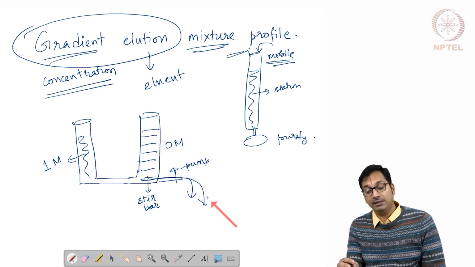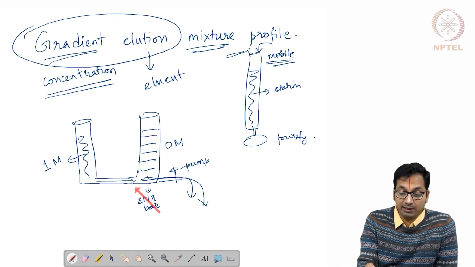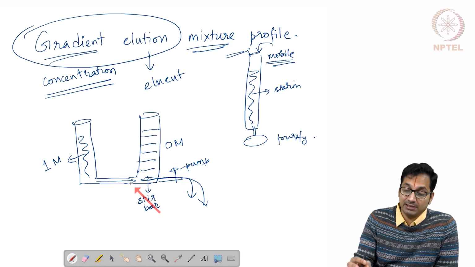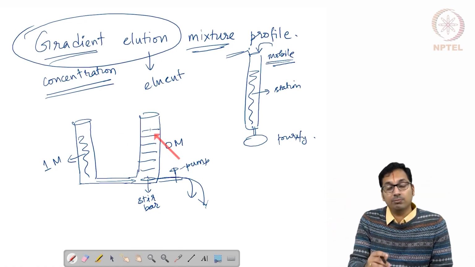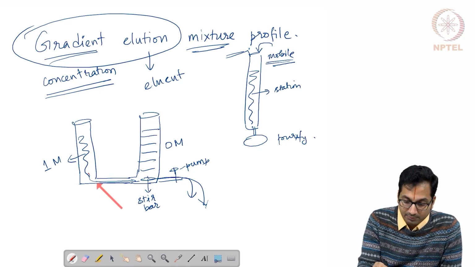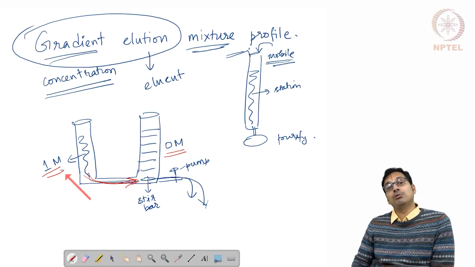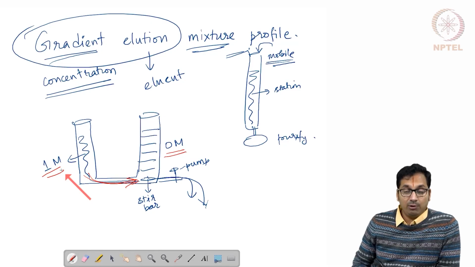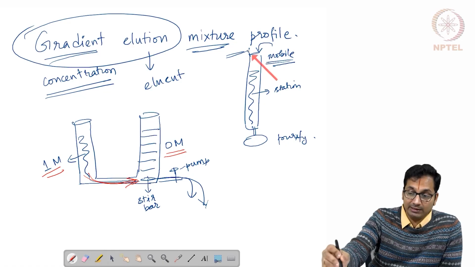So what will end up happening, since it's water and these two are connected by a chamber, connected by a tube which could exchange the liquids, what will end up happening as you keep removing liquid from here, as the volume across two of the tanks should remain same, there will be some that flows from here to here. There will be some that flows from here to here. So when that happens, what is going to end up happening? You are going to mix chemicals of two different concentrations. And what we are trying to do is to slowly ramp up the concentration of the eluent that goes into this